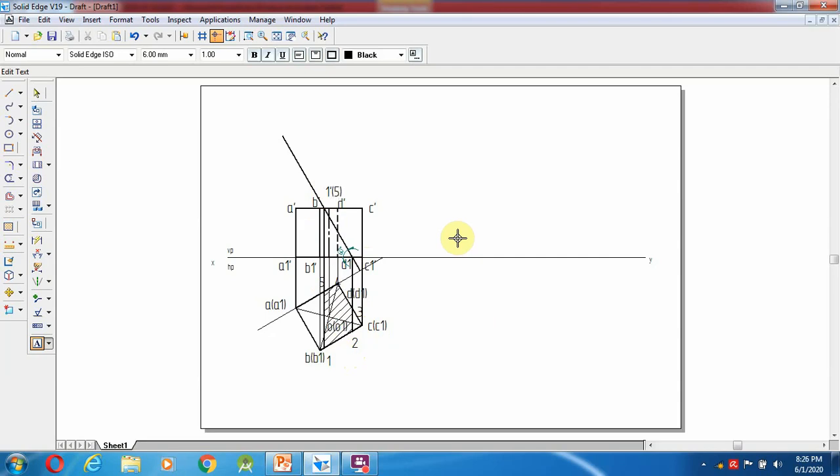Already we know that bracket indicates the invisible points, so 5 dash and 4, it comes over here, this is the 4 dash. So here we can see over here, so 4 dash.